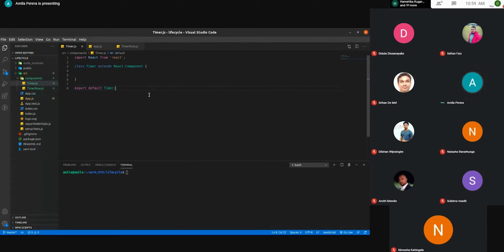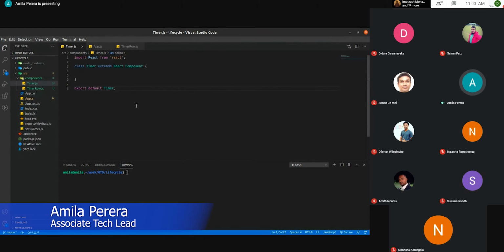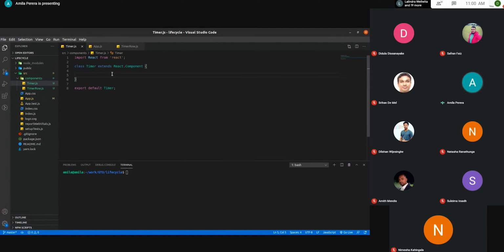I'm going to create a simple project to get a basic idea about the lifecycle methods. The project I have created is using the React starter app, where you can get all the things you need to create a React project. The timer one will be something like calculating numbers and showing them in a web browser. That's simple, but it is how we are describing the lifecycle methods. So I will start my coding.